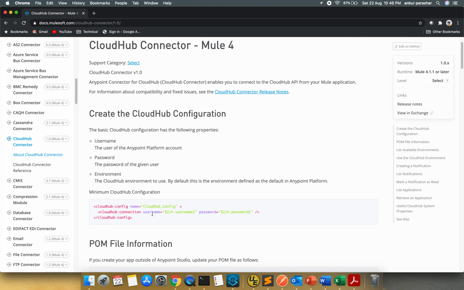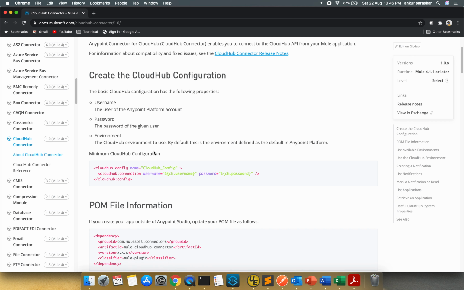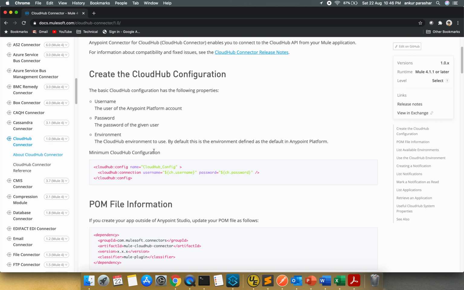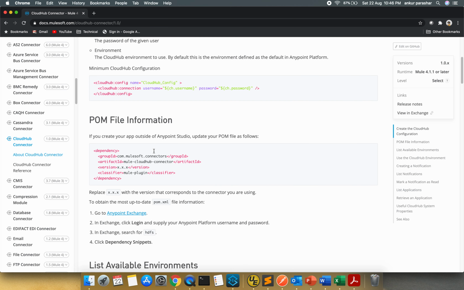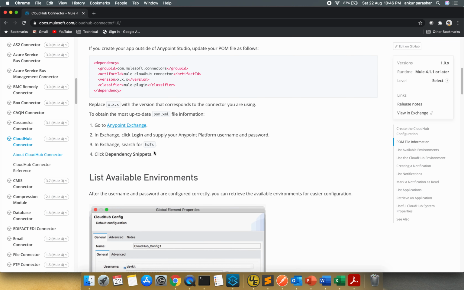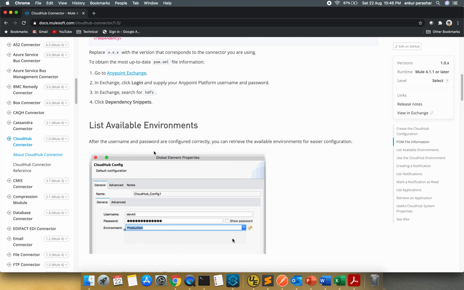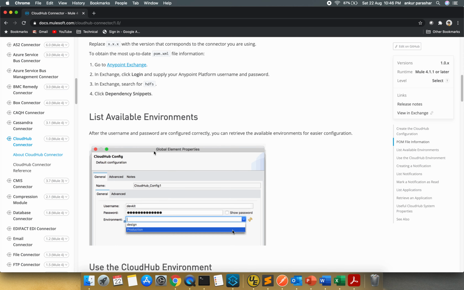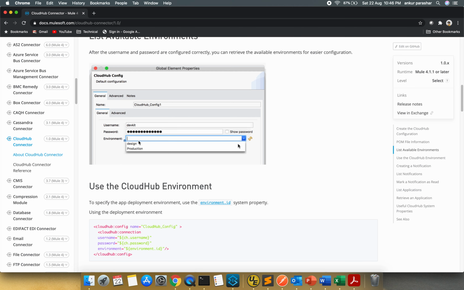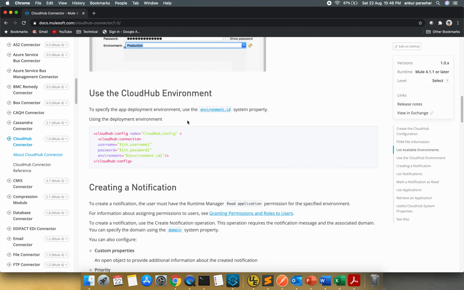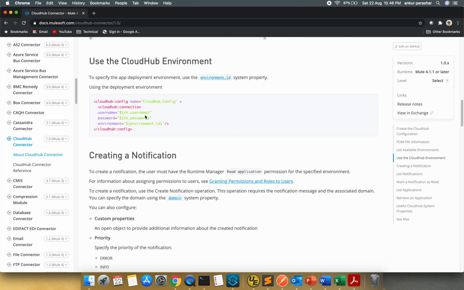Cloud Hub configuration will require three things: username, password, and the environment. The environment could be design, sandbox, or production, or whatever environment you have already created within the Anypoint platform. This is the POM file configuration, and you can also add the connector directly from the Anypoint Exchange. I will show you how to do that. Okay, and this is the Cloud Hub configuration. So three things it will look for. Okay, this is the XML format of the same,